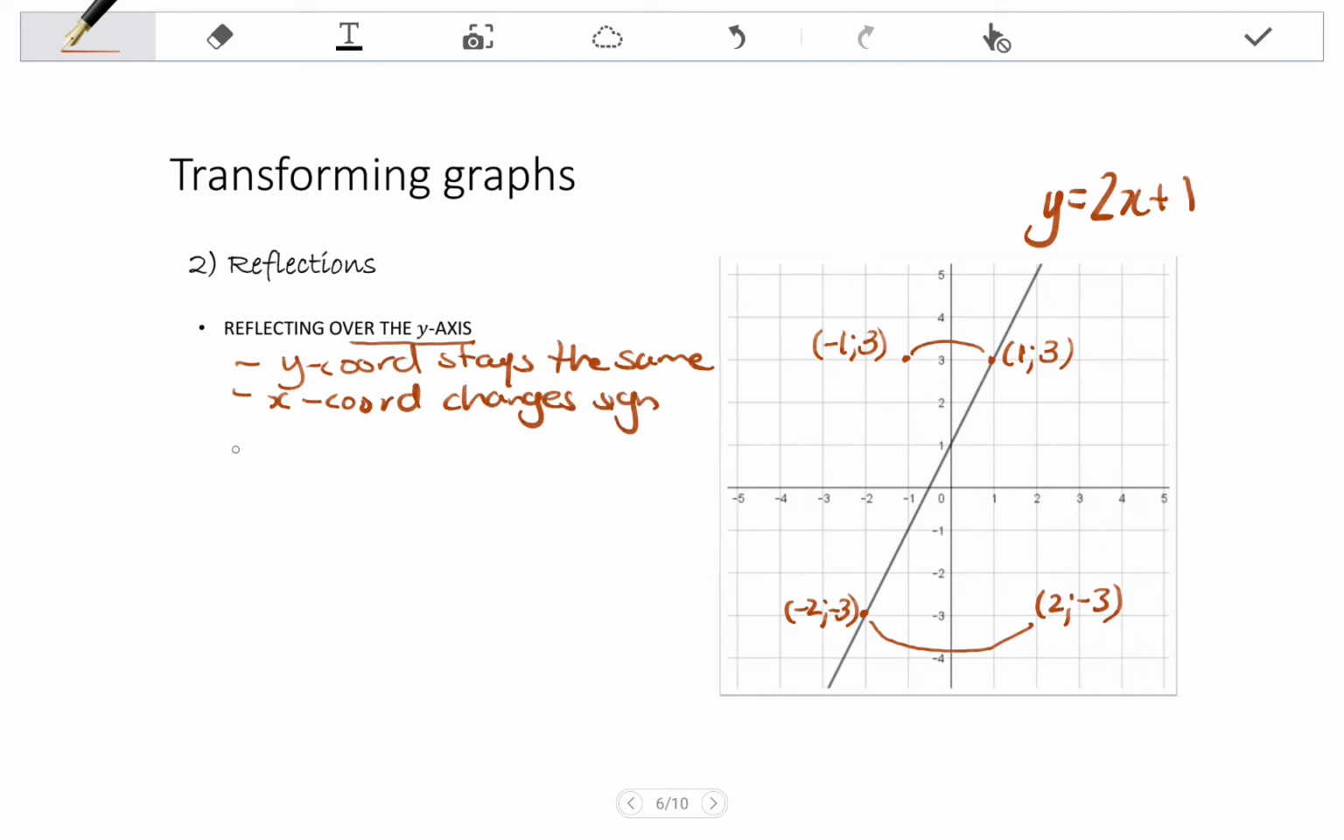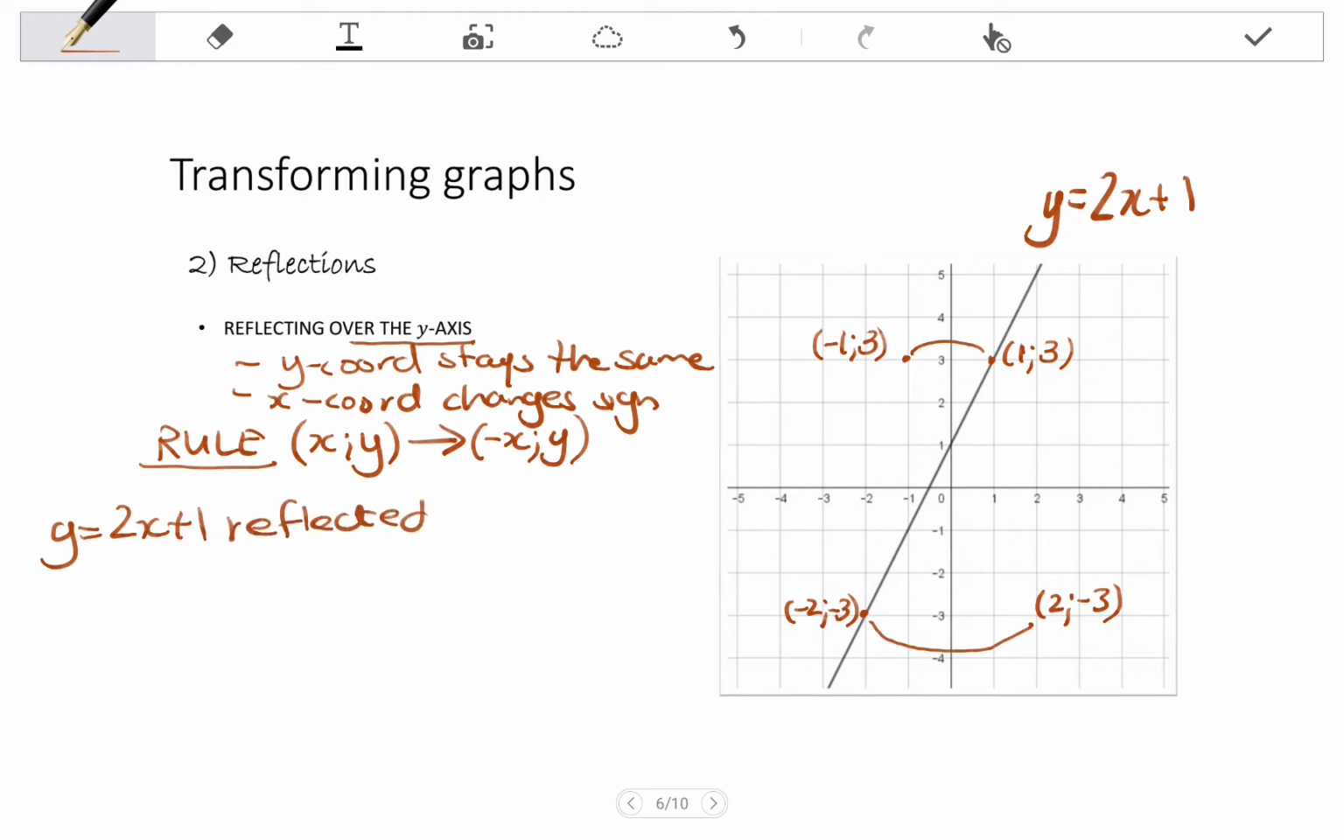Okay, now our rule, if we look at the points in the set of coordinates, if I have a point x, y, that is going to go to the x-coordinate changes sign, so it's going to go to -x. The y-coordinate stays the same, so it will just be y. Okay. You must also be able to give the equation of the reflected graph. So y equals 2x plus 1 reflected over the y-axis